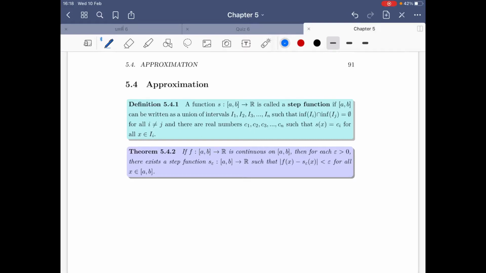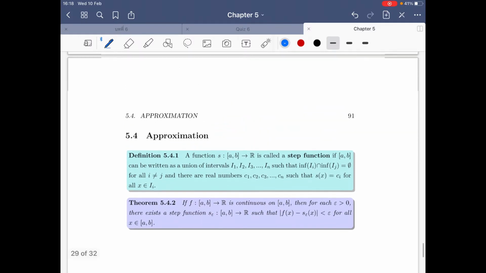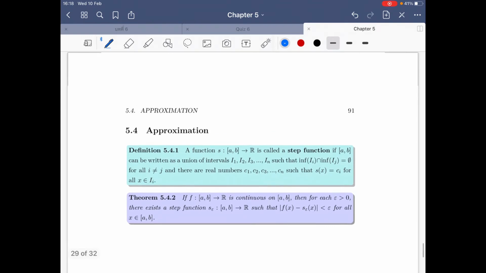Hello everybody, this is the video clip for chapter 5, and we are in section 5.4, the so-called approximation. Actually, this one is the application of uniformly continuous functions. The first thing that we are going to do in approximation is approximate a continuous function, especially a uniformly continuous one, by the so-called step function, or constant function,